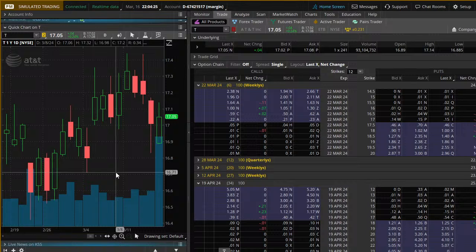All right, Jeff. So let's take a look at the numbers. What do I mean by the numbers? The last trade was 1705. The bid 1702, the ask 1708. If I'm going to buy it first thing Monday morning, I'm paying 1708. What is the closest strike price, which is the call option that I can sell? The closest strike price would be the 17 right here. Strike price 17. What can I get for it? I can get 21 cents.